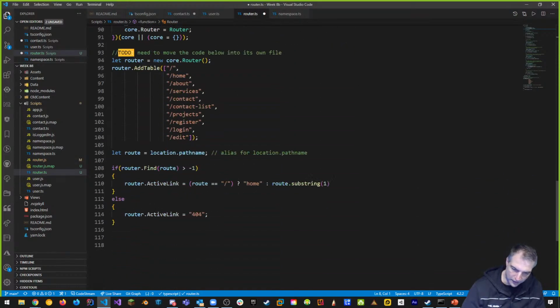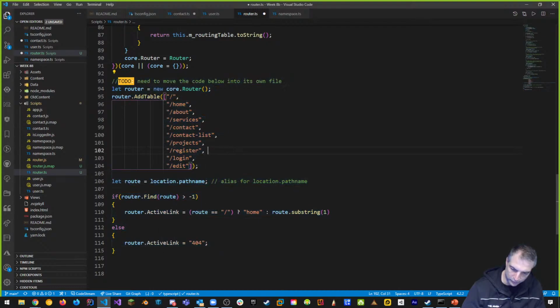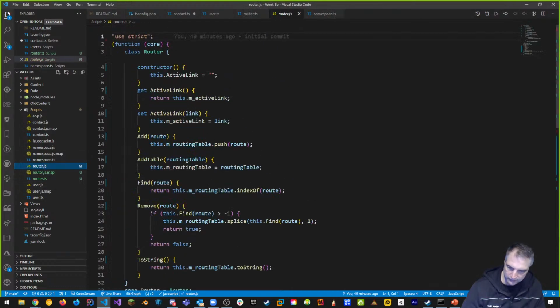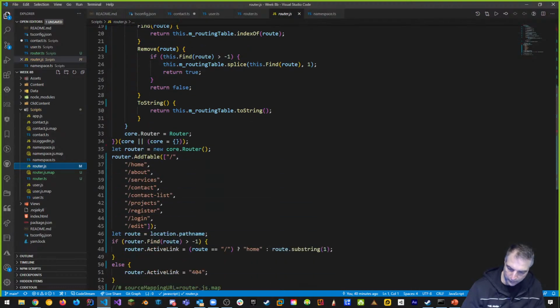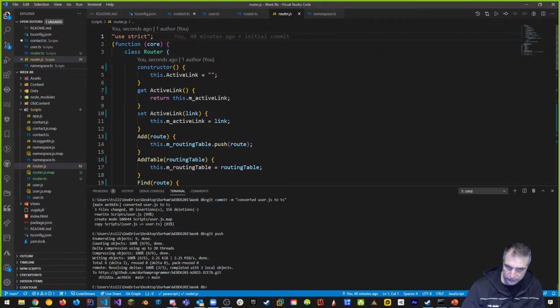Okay, so scrolling down though, you can see again, what I was saying was that all of this is unnecessary. I shouldn't put this in here. I should put it somewhere else. All right, so what does this look like when I convert? If I go back to my router.js, you can see that it uses use strict, it reorganized stuff, and it removed all my comments, right? And this is pretty cool. It's working nicely. All right, let's put this up on GitHub. And then what I want you guys to do is just compare your code to my code. Maybe that'll help you. Maybe.